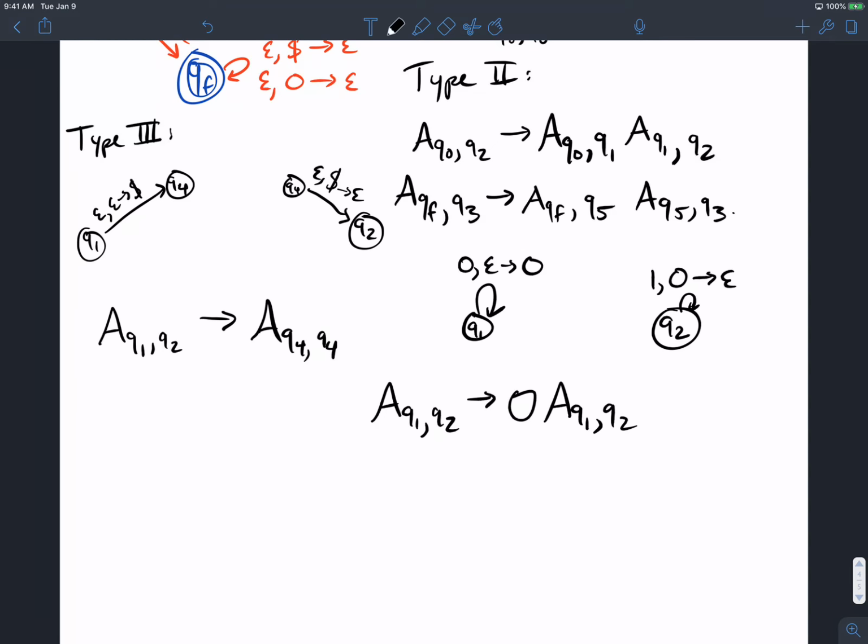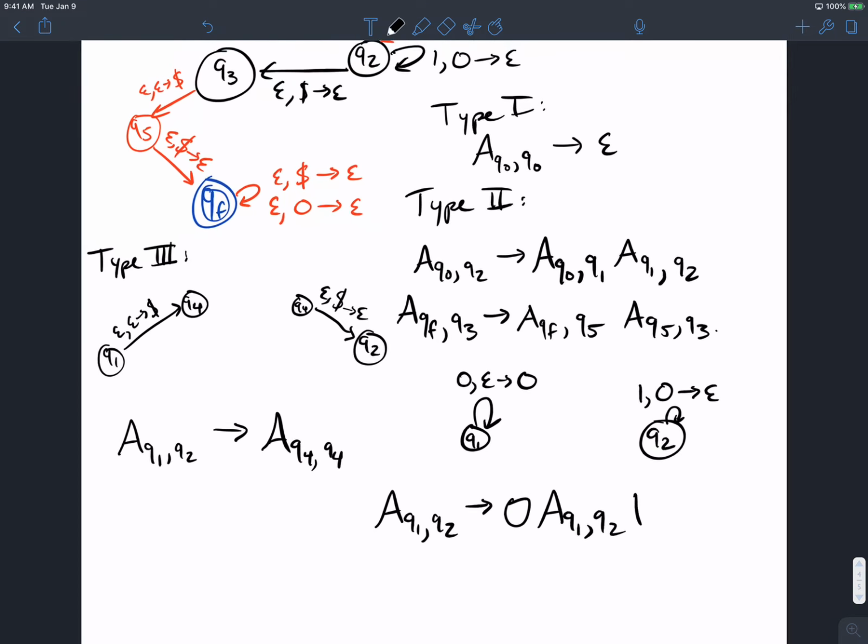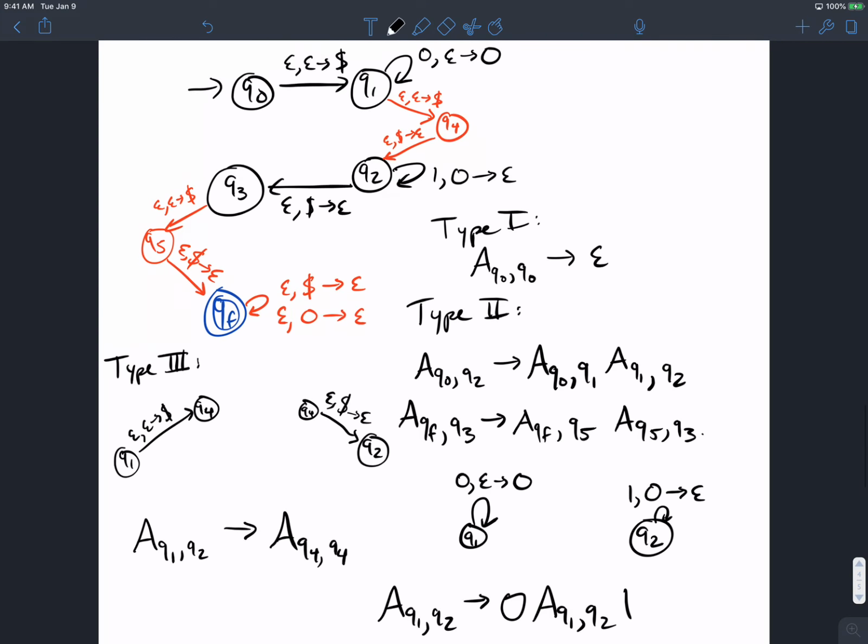And what do I generate on the end? On the pop transition? Yeah, 1. If you can speak a little louder, that'd be good. But yeah, think about what happens here. If you look back at the PDA, what it actually does, in order to get from 1 to 2, one way you can do that is generate a 0 at the beginning, a 1 at the end, and then recursively solve the problem with the same 2 states, which is exactly what the original PDA did anyway. It generated a 0 at the front, 1 at the end. Cool, so that's another rule that you'll generate.